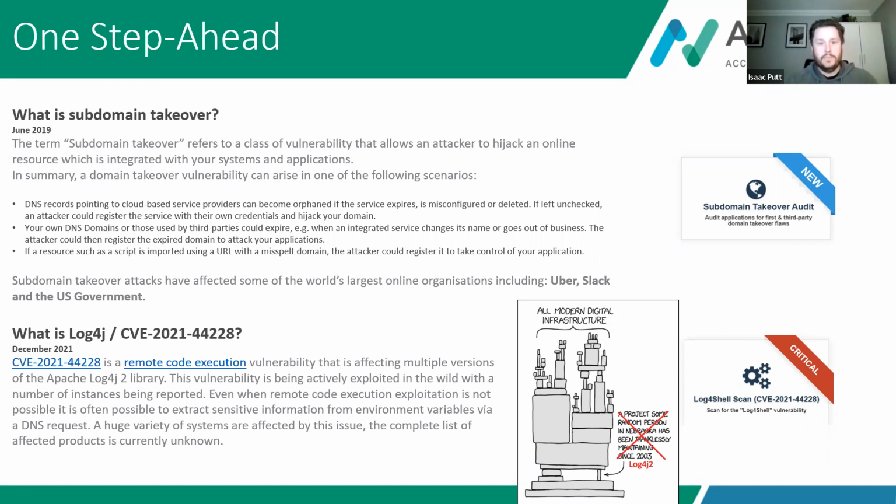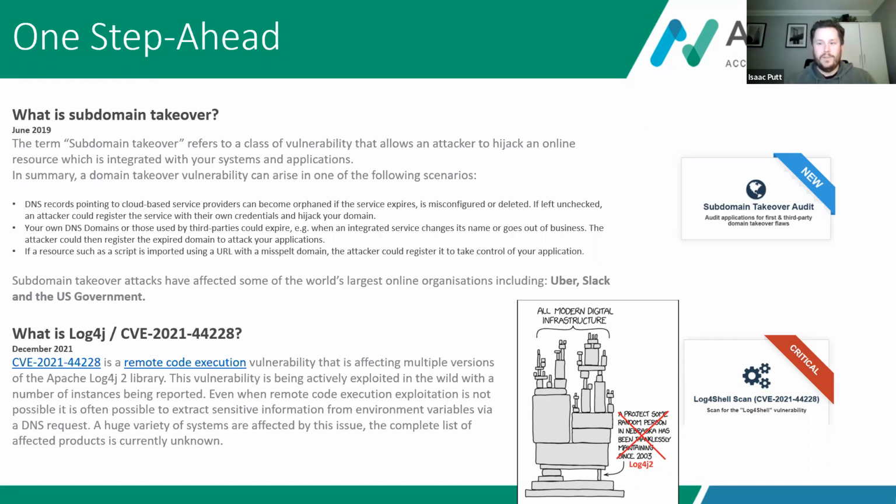So what AppCheck has done proactively is build a subdomain takeover audit, which is basically a part of the pen test that you'd expect, and would look at those first or third party resources, if you will, whether it be a link to YouTube, Instagram, a chat bar in the corner of the screen, and understand if they are vulnerable and provide you with the visibility of what impact that could have to you if they are vulnerable.